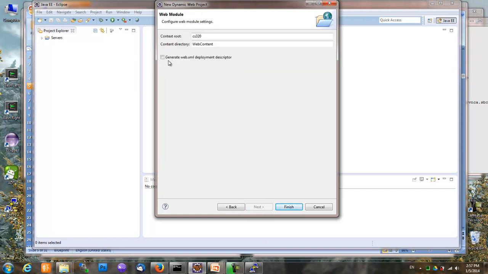Okay, here notice that there's this option called generate web.xml deployment descriptor, and currently it's unchecked. You need to check this. We'll discuss web.xml a little bit more later on. Strictly speaking, for our web application, this file is not required, but there are quite some benefits of having this file